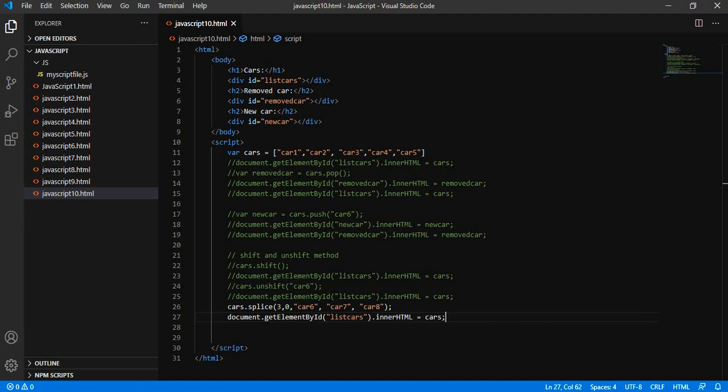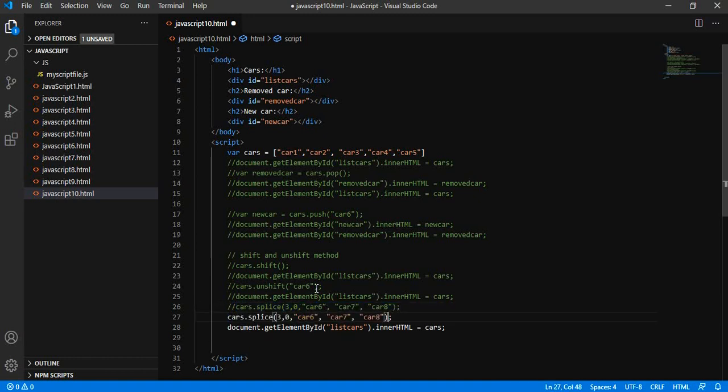Now let us see how we can delete elements with the help of splice. This is how we added the new elements; now we will try to remove one element starting with 3 and remove one element and add these particular elements.